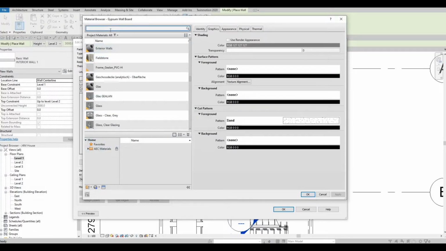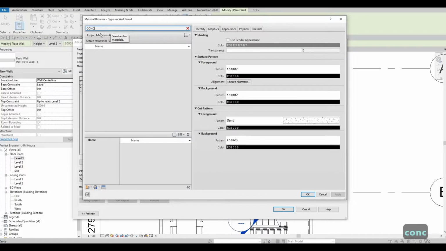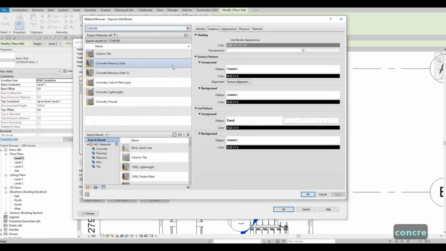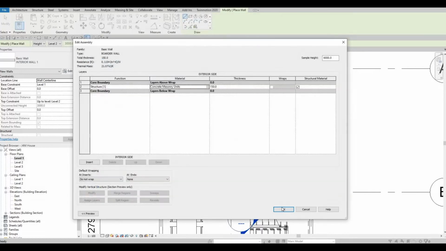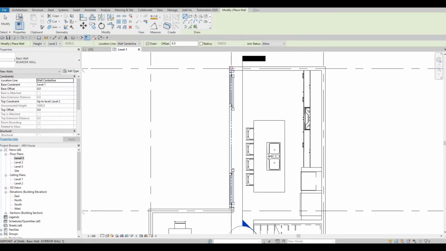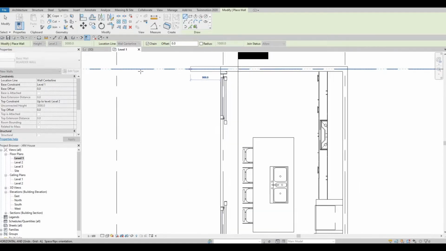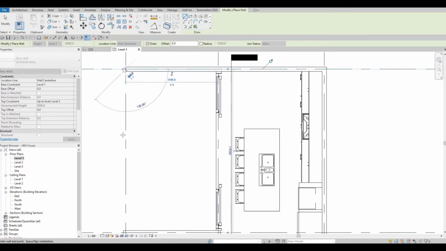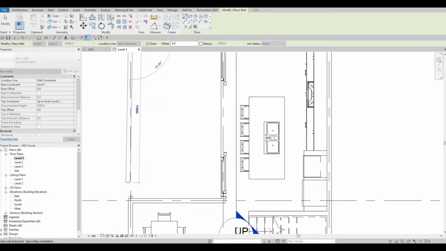So you can type in concrete, and then masonry unit. Click OK, and then OK, and then OK. Now we're just going to add it at the end here, and then at the end right here as well,